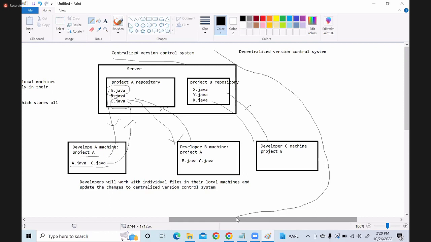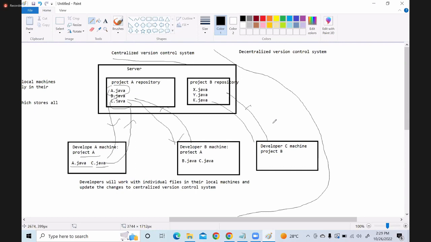Suppose your friend is in the same project. You both can work on the same Java file. If it has 1000 lines of code, you work on 500 lines and your friend works on 500 lines. How the version control system takes care of two updates to the same file, we'll see when we study Git.